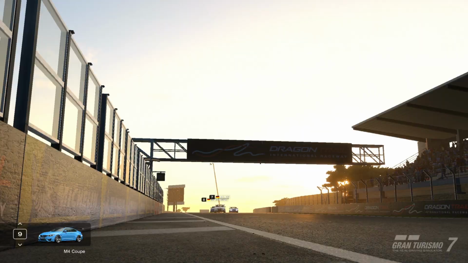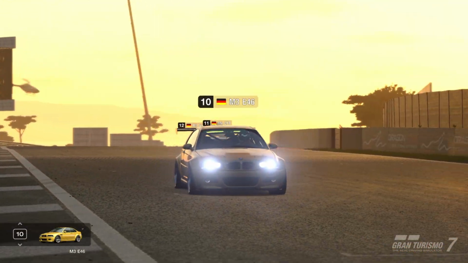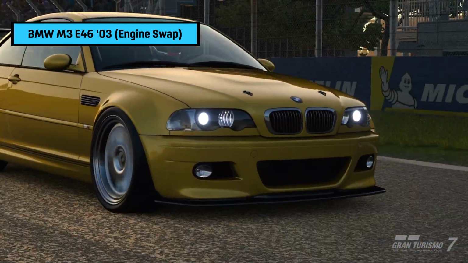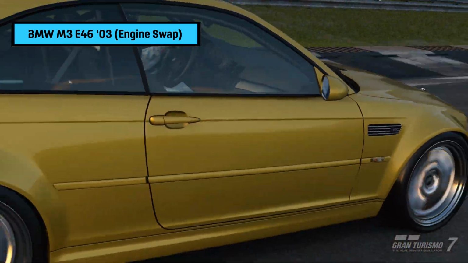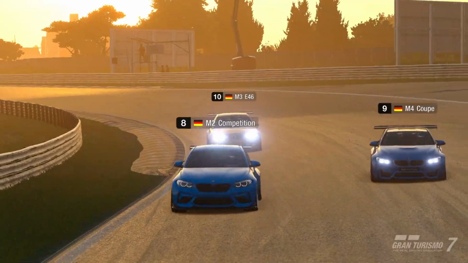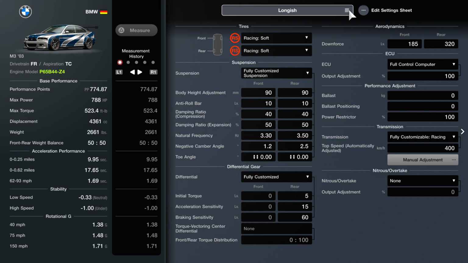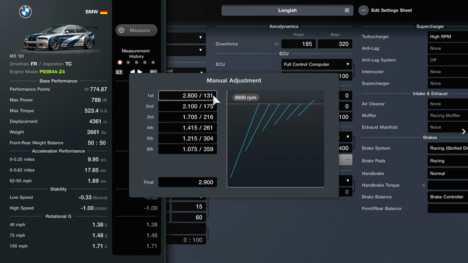Switching gears to maybe the most iconic BMW of all time, the E46 M3 handles itself well in GT7. Here, I have its Z4 GT3 engine swap inside of this car, though without the swap, it may be even stronger for the lower PP levels. The balance of the E46 feels great. I really love the way it turns into corners, and for a 20-year-old platform, it manages the extra power from the